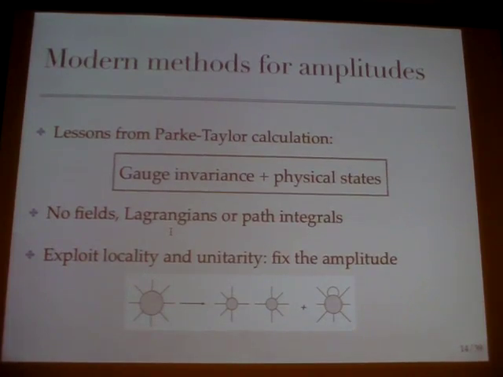that we should use. And in addition to these two methods, they don't use the usual picture of fields and Lagrangians, path integrals and Feynman diagrams, as I said before, but they use these two properties, locality and unitarity of the final answer, and they exploit them to fix the amplitude. So in other words, you come up with some function, and if the function is local and unitary, then it must be the correct amplitude. And now you calculate this function in some different way, not using Feynman diagrams. But if the final result has these two properties, it must be the correct amplitude. So this is the